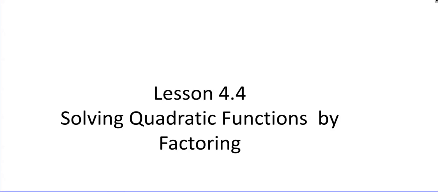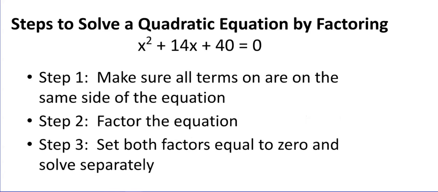All right, so now that we've reviewed factoring, we're going to solve quadratics by factoring. So here are the steps, okay? First, make sure all the terms are on one side of the operation. You want it set equal to 0. If you have any terms over here, they have to be moved over all to the same side. Then you're going to factor, and once you factor, you're going to set both factors equal to 0 and solve